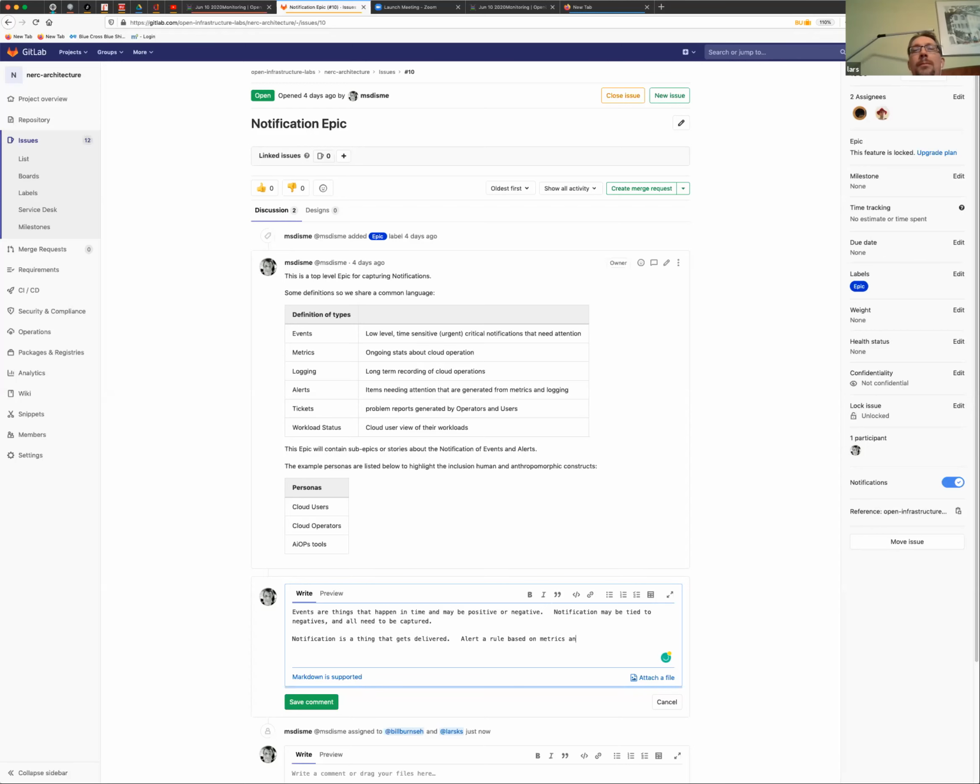Okay. So my question: following that definition, an alert is not a notification, it's just a state that may or may not correspond to delivering notifications to someone. It may deliver multiple notifications, it may deliver zero. Yes. Especially since not all people want to get a notification if the data center is burning, for example. I think that is a good definition.